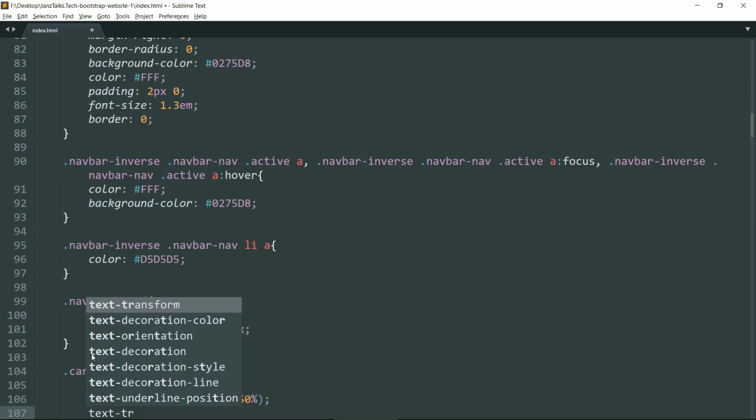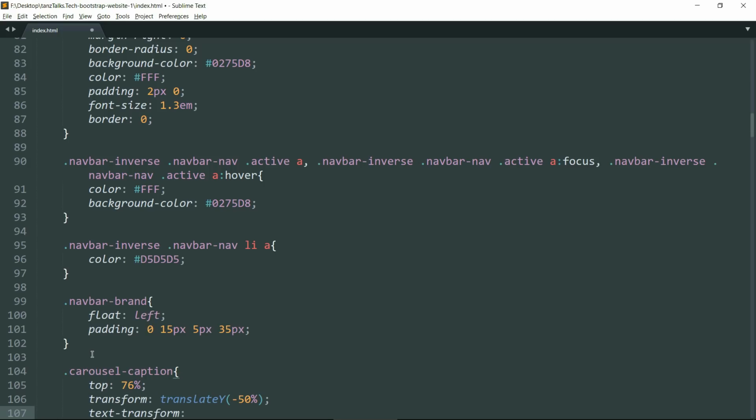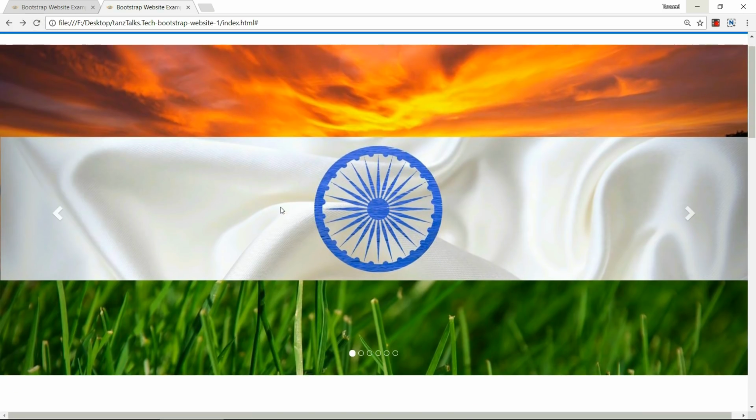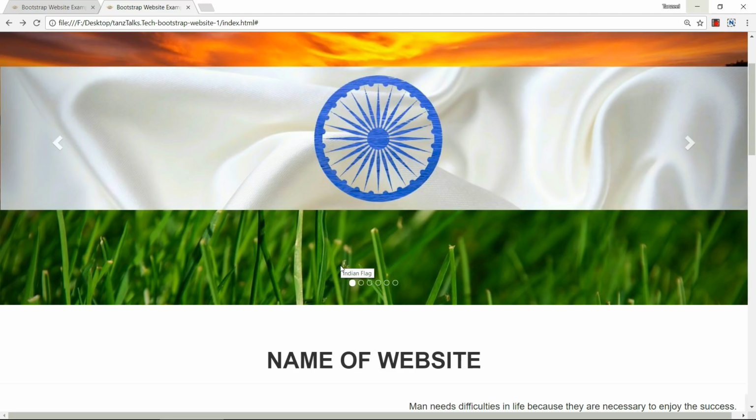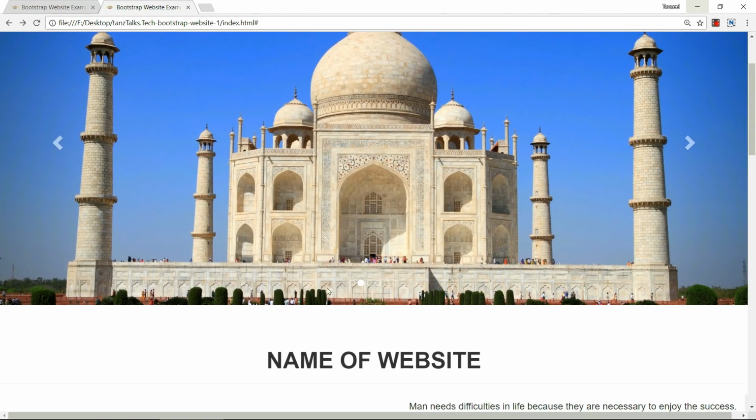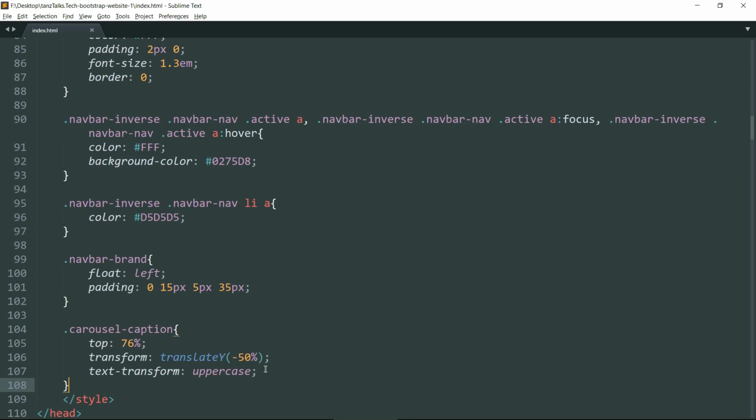Now type text-transform uppercase because we want the caption to be in uppercase. Okay, we have not written the caption yet. We are yet to create the caption. Let us first finish off the formatting, then we will create the caption.